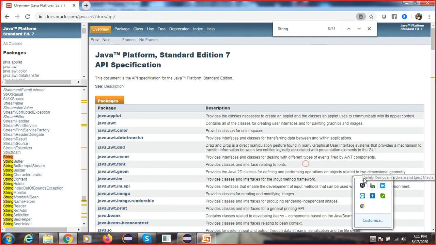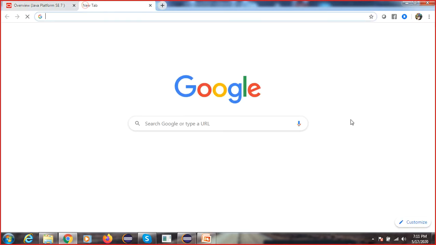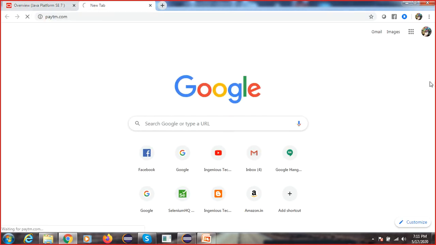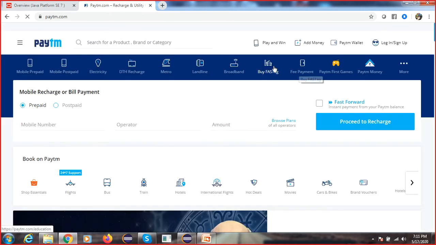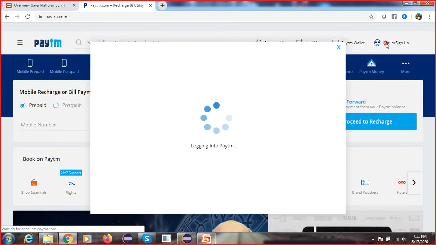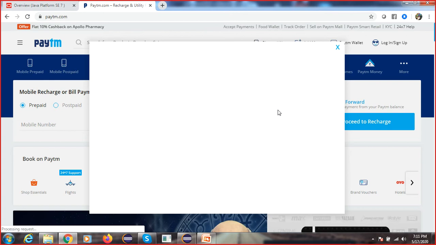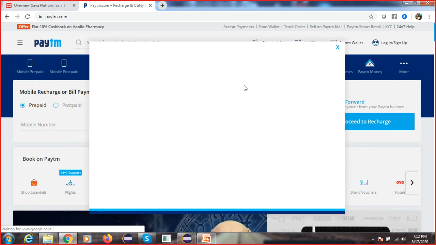So I started, how to handle frame, right? So I have given one assignment. Go to Paytm. Inside this Paytm, what you have to do, you have to click here, and after clicking on this,